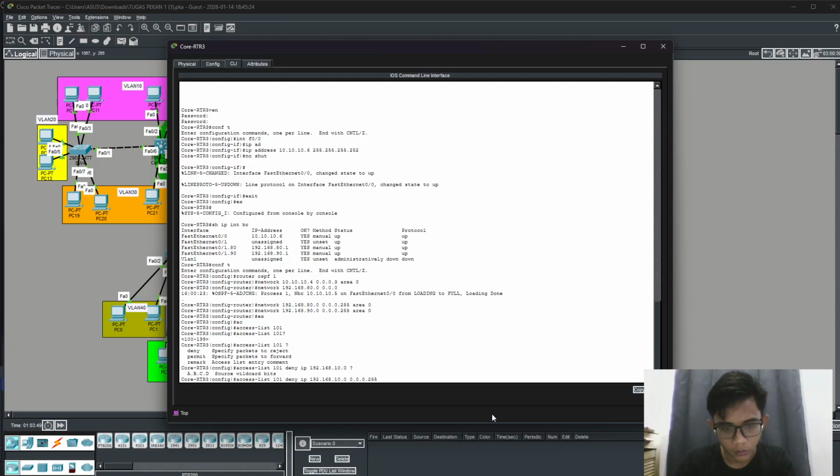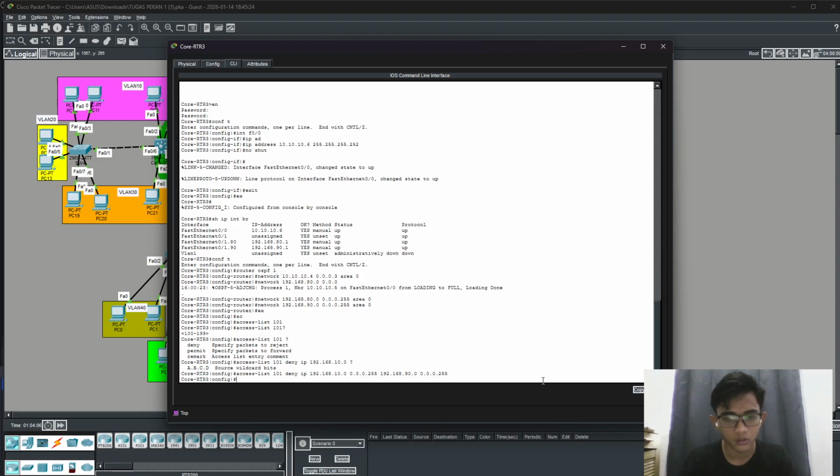Wildcard 0.0.0.255, and that is the source. Now the destination is the server, 90.0 and wildcard 0.0.0.255, I guess.